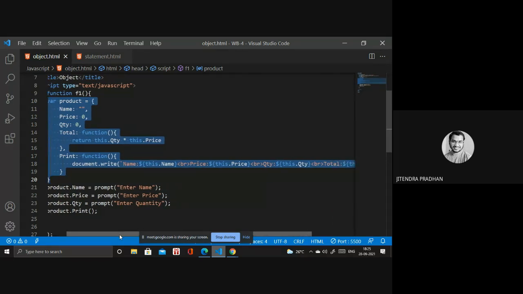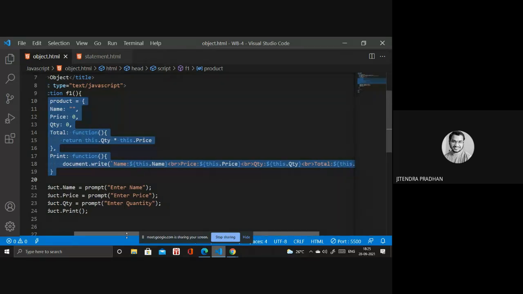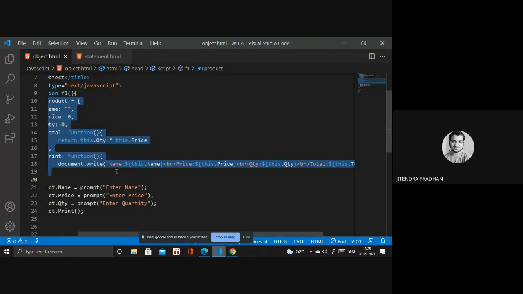To print a value as well as a string, we use backtick. First we have name inside, and if you want to access whatever you wrote in the property, you have to use this.name in the object. So this accesses the name, and this is the price, the quantity, and the total.